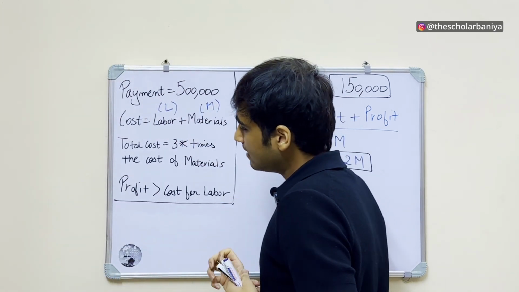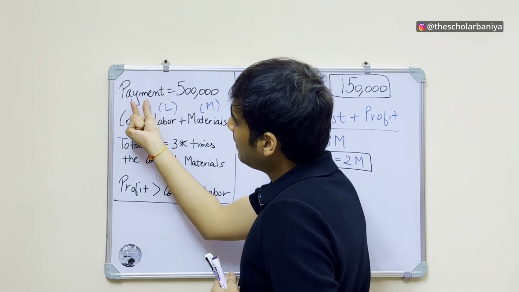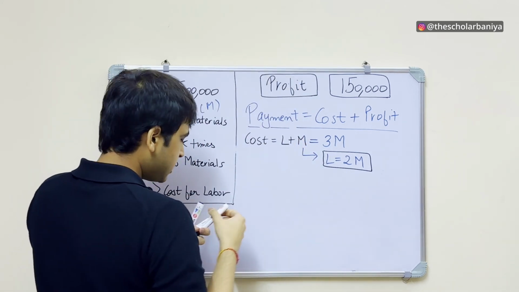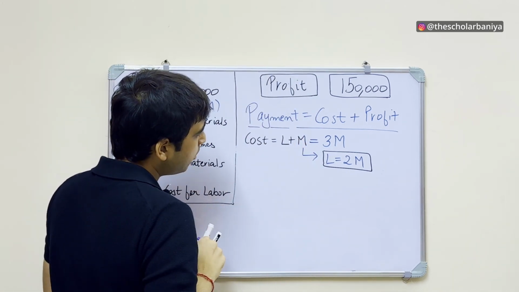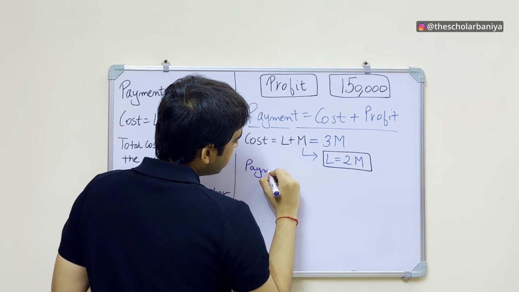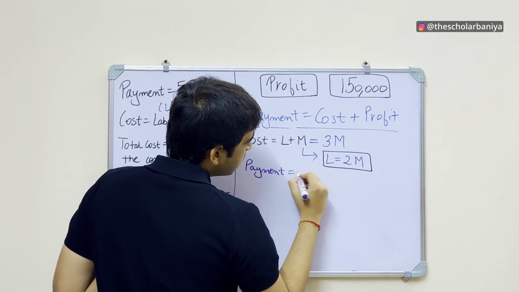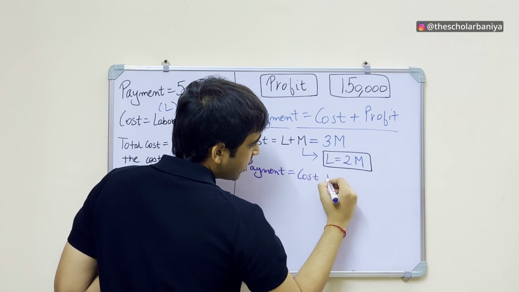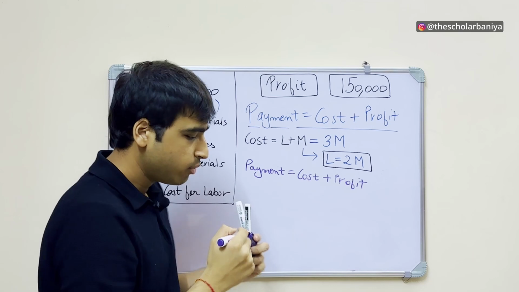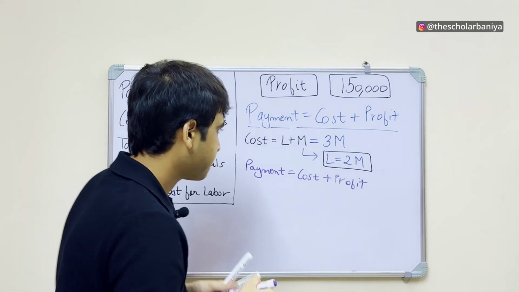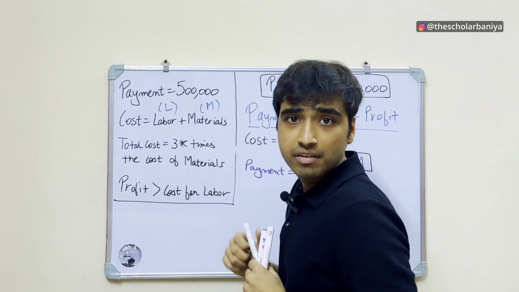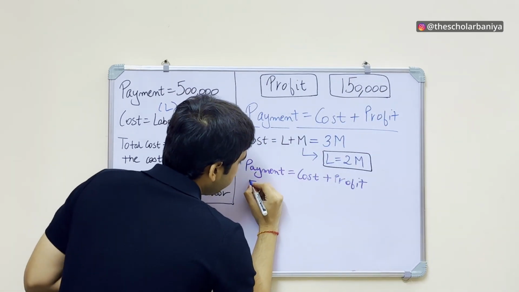Now the next thing is that the payment is equal to 500,000, right? So what is payment? Payment is equal to the cost plus profit, right? So tell me one thing, what is the payment? The payment is 500,000. So this comes out to be 500,000